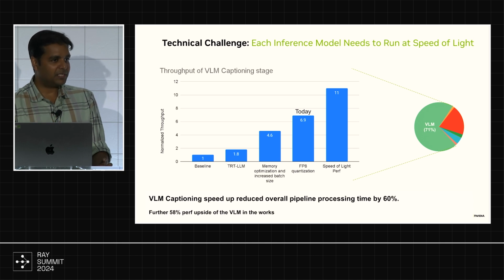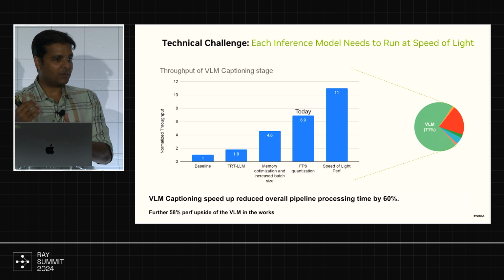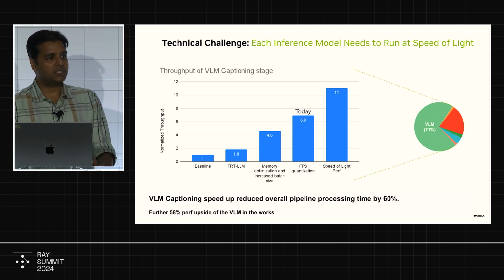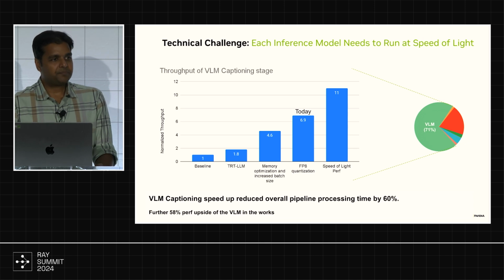We use standard benchmarks to figure out when we went from FP16 to FP8, and you can see we got like a 1.5 plus X speedup. So it was clearly worth it. We ran standard benchmarks to convince ourselves it's still giving us the accuracy we want. And there are new VLMs coming all the time, so we again go with those standard benchmarks to figure out if we should change.